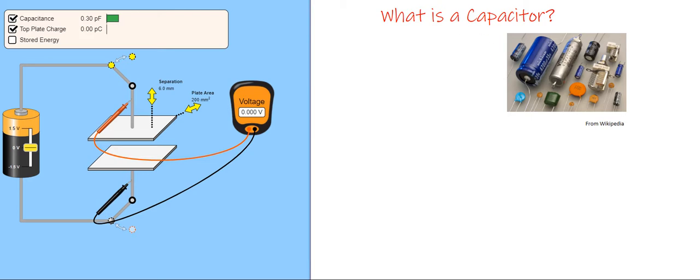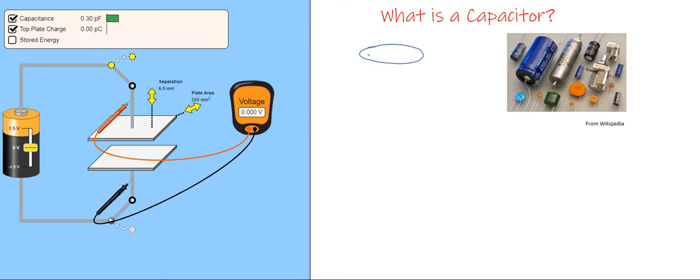capacitance of a capacitor. Now here we have a picture from Wikipedia of several different capacitors. There's many different types, and they kind of look like batteries in some cases. However, they're not. Now you see most of these are cylindrical or maybe circular in nature, but the capacitor we've been looking at is two parallel plates. So we're going to start there and just take a quick look at the fact that it can be cylindrical